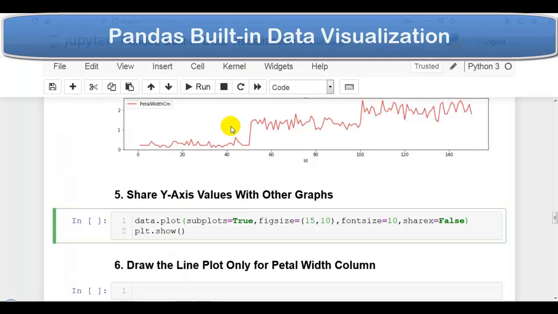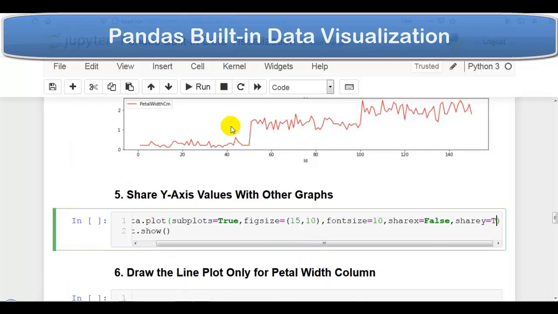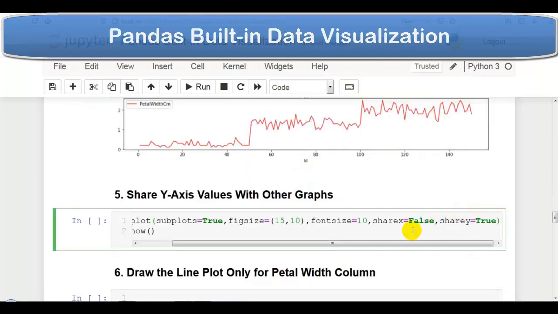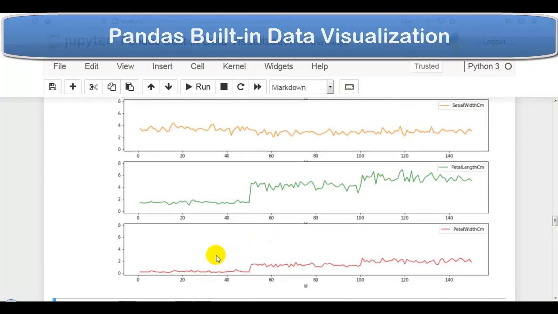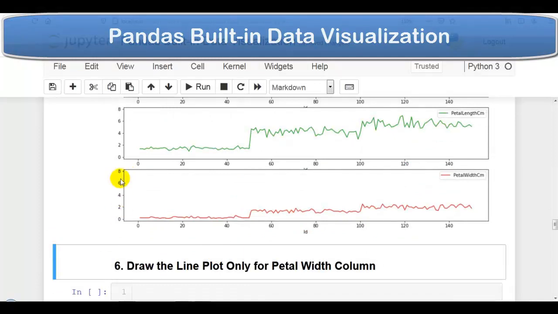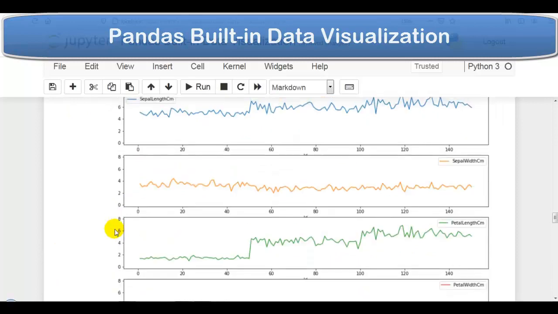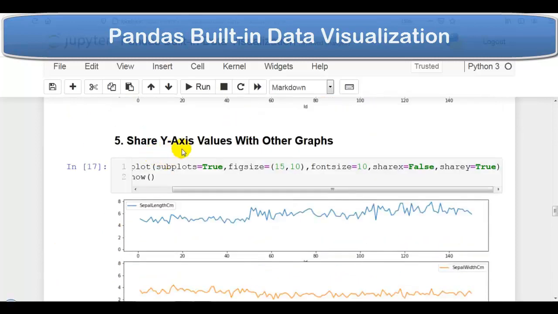And here we have to set sharey to True, because by default the value of sharey is False. That's why here all the y-axis values have their own scale. So we have to make it True. So let me execute this cell. As you can see over here, now y-axis values are in a common scale from 0 to 8. So this way we can share y-axis values with other graphs.